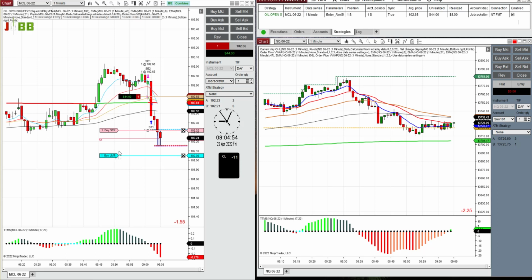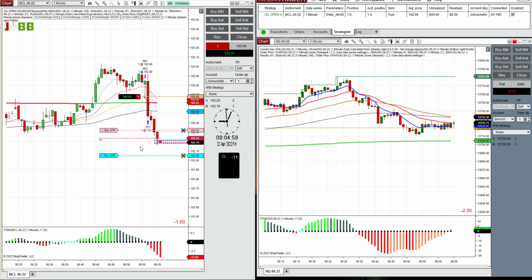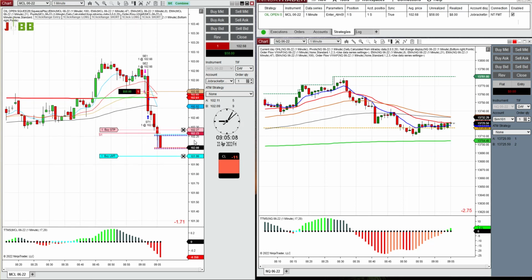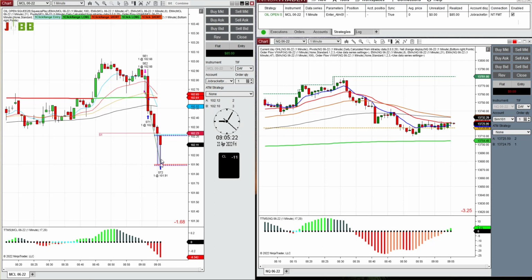I think because we have the NQ, well, look, we could get ready for the NQ while we're still in a trade. I'm going to trail a tiny bit more. Might as well increase the target. If it wants to keep giving me profit, let's take it. Oh, shoot. I made a physical error. No. Oh, no. You know what happened? Look what it did. I thought I made a mistake. It picked off my target. It went all the way down to my target. I made $85 on a micro.